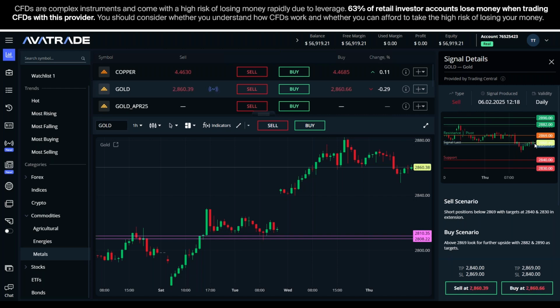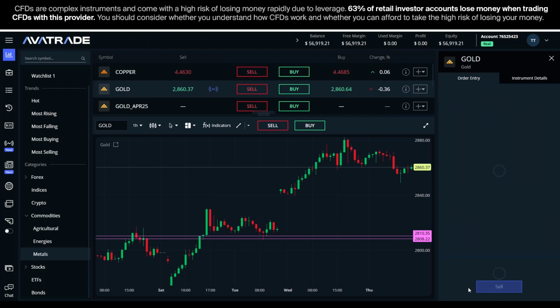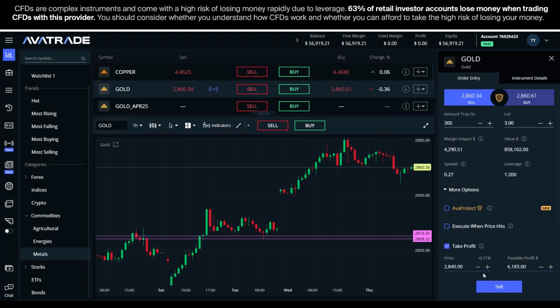So maybe you trust this signal more if you read that article about why gold is dropping globally, and you go with the short-term signal to sell on gold here. And if that's the case, then it's simple to do your risk management right here. So if I'm selling, I can say take profit somewhere down where there's a recent support level.